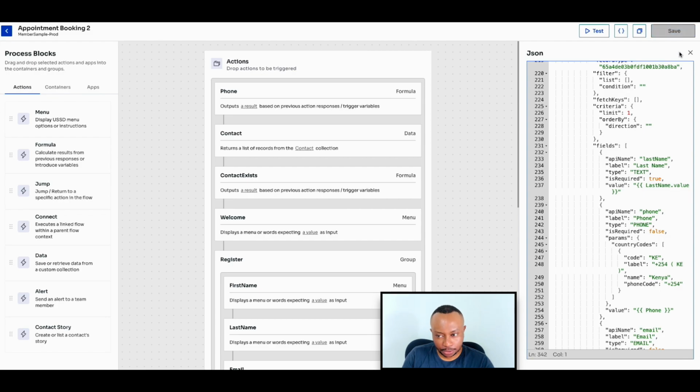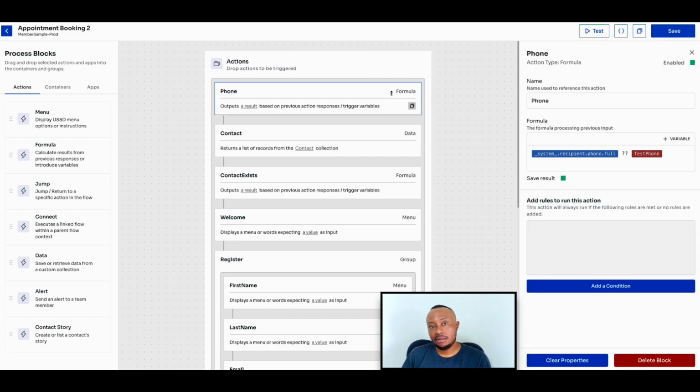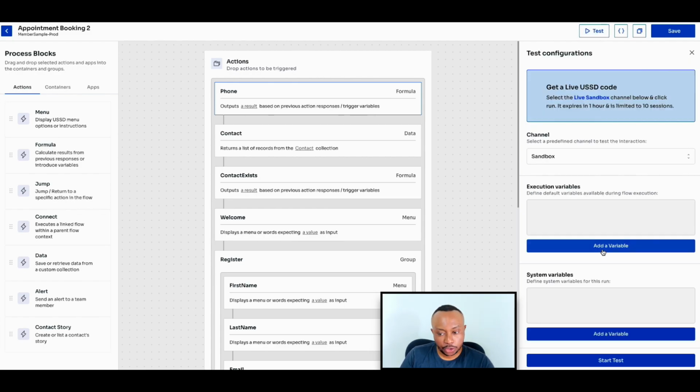So click the save button, just make sure that everything that we copied comes in correctly. There might be some missing pieces, and one of those missing pieces that we'll need to populate for ourselves is the test phone. So we can see here it's highlighted in red. If you remember in the first episode, how we populated this test phone was to go to test, execution variables,